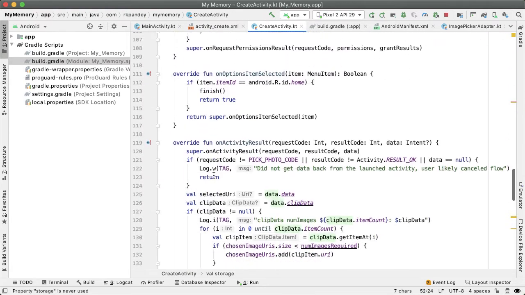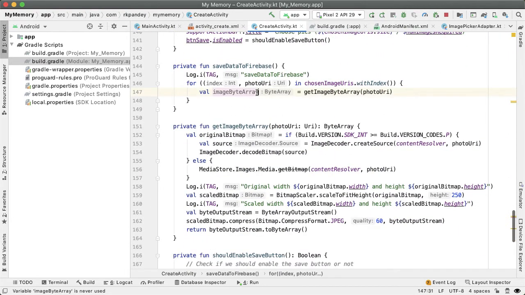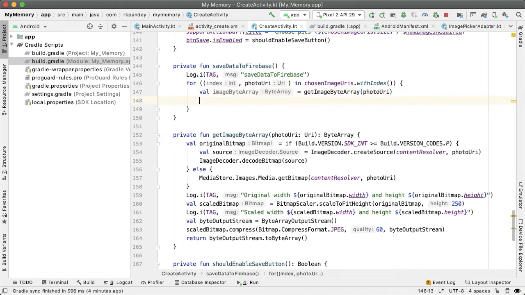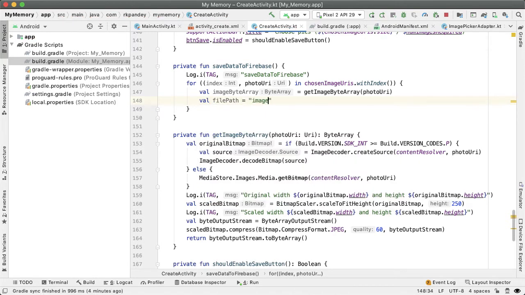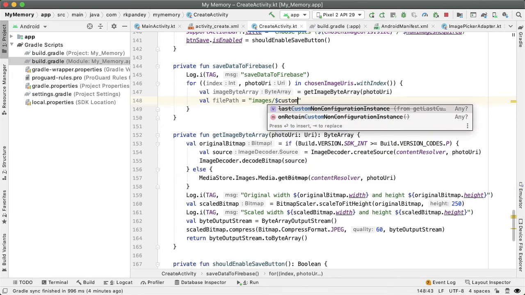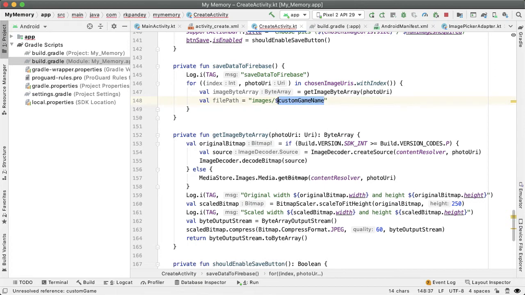And so going back now to where we have defined this image byte array, our goal is to upload these into Firebase Storage. The way that works is we're going to define a file path on where this image should live in Firebase Storage. And I want this file path to actually be dependent on the game name. So if you ever wanted to look at this from the Firebase console, it'll be easy to tell which images belong together. So custom game name,